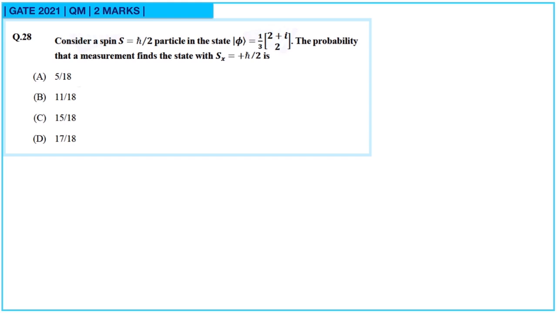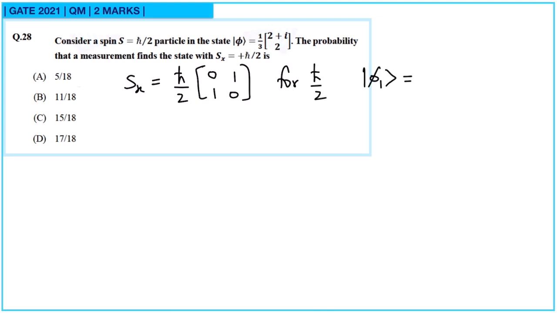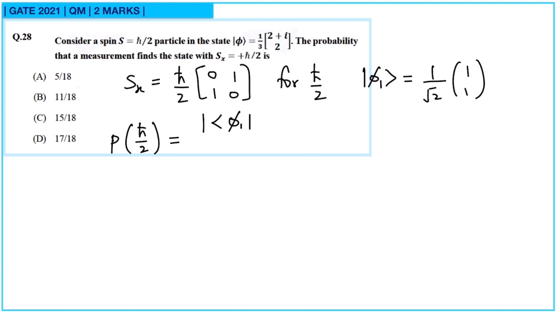Now we know Sx is equal to h cut by 2 into the matrix 0 1 1 0. This 0 1 1 0 is Pauli X matrix and this is corresponding spin matrix. So this is for h cut by 2 and corresponding eigenstate is this 1 by root 2 and 1 1. So this is the corresponding eigenstate. So we have to find out probability of this phi state in this state. So this is given by probability of getting h cut by 2 is equal to inner product of this psi 1 psi